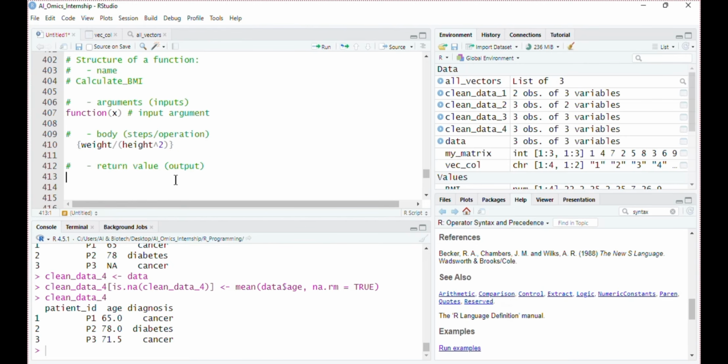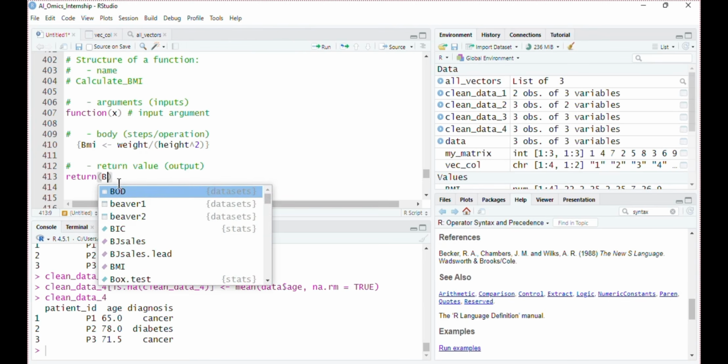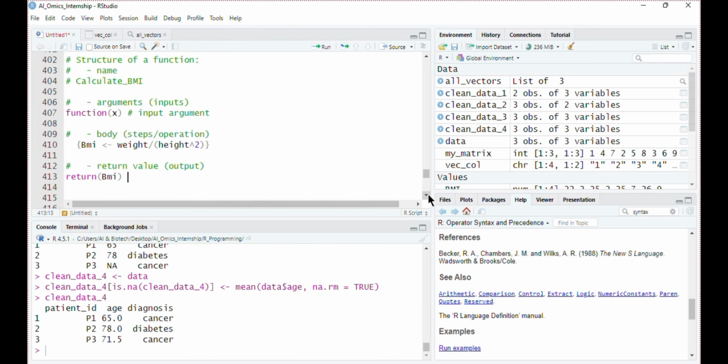Next, we have the return value that we specify by using the return function. So in this way, you can organize your own data analysis pipeline by creating customized functions, or if you need to use this function for another project where you have to calculate the BMI, you can call the function and use it.